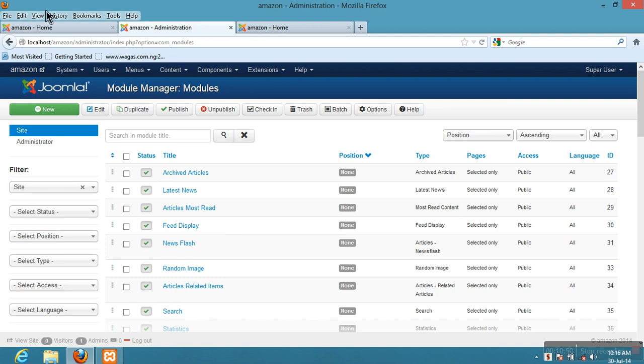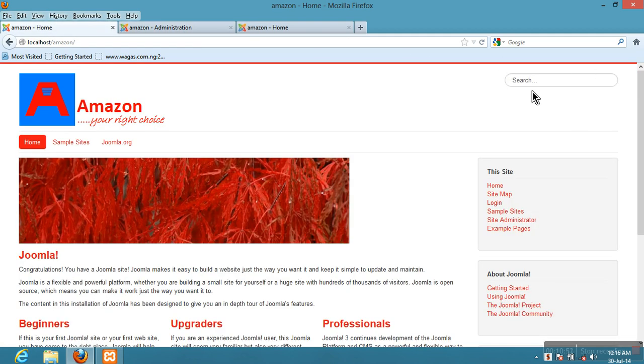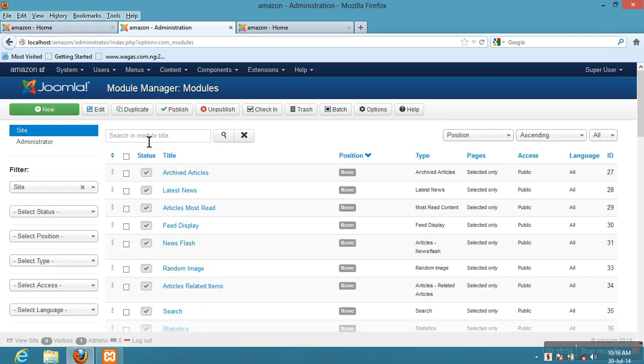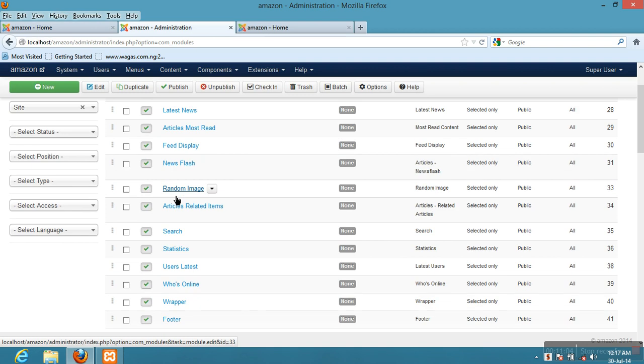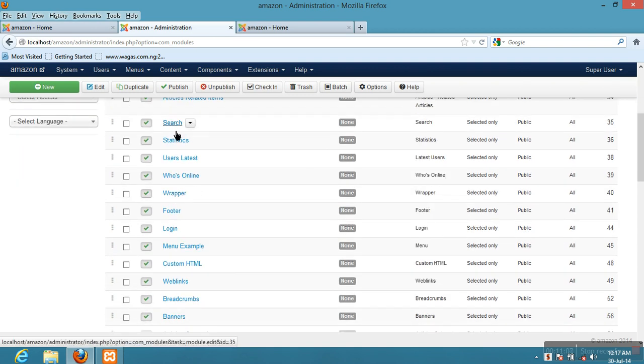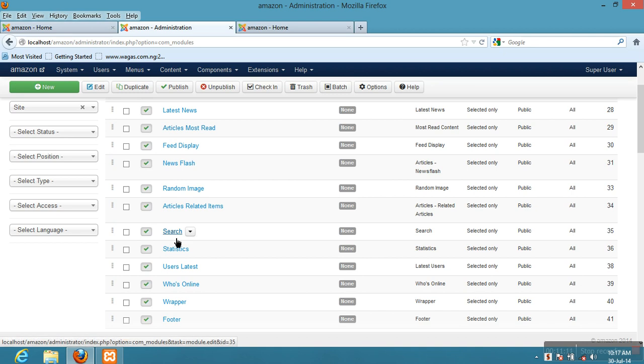Like I said, coming back to my front end, this particular module here is called the search module. All I need is to go back to my back end. Alright, after doing that, I'll simply look for the module called search by scrolling down. Now there's a module here called search, but this particular search module is not the one in my website, because